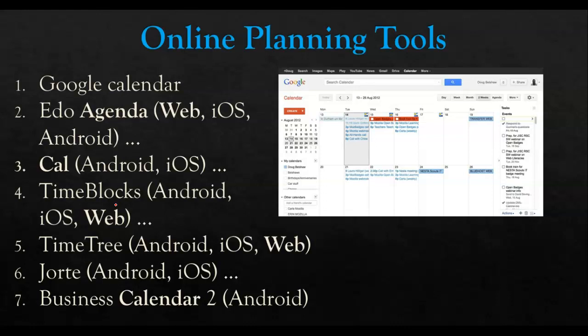So these are some online tools that you can use. You have your Google Calendar, you have Edo, which is for Android and also available for web. You have Cal, Time Blocks, Time Tree, Jot, and Business Calendar, which is also for Android.